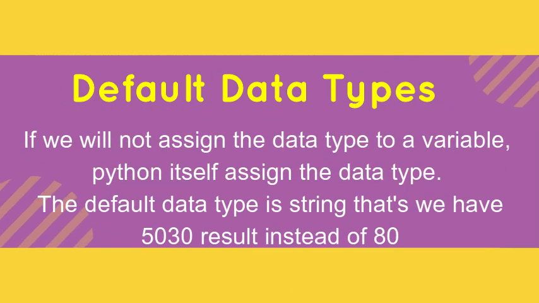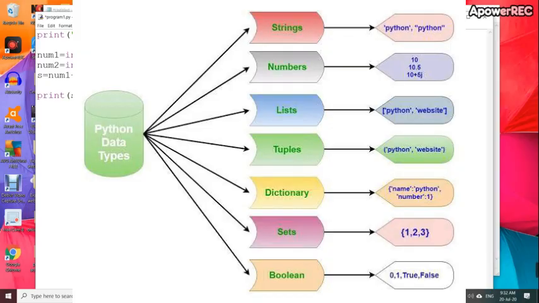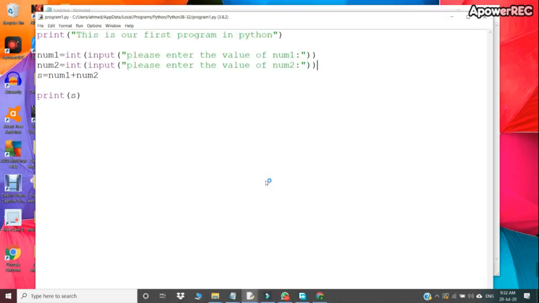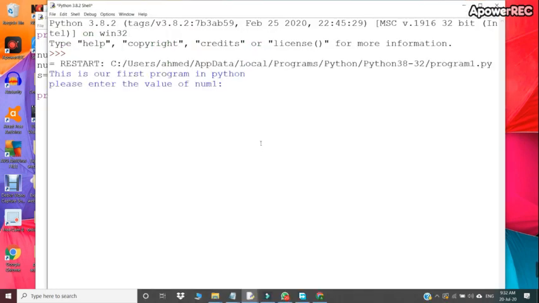and now we will run our program. Run module. Okay. Please enter the value of num1, 50. Please enter the value of num2, 30, and you can see the result 80. Okay. Now I can understand from here this message. This is descriptive. Please enter the value of num1. So it means what I am entering, I know I am entering the value for variable 1, num1. In the same way, I can understand for this. But here 80 is not descriptive.